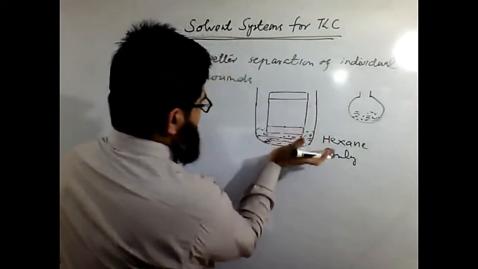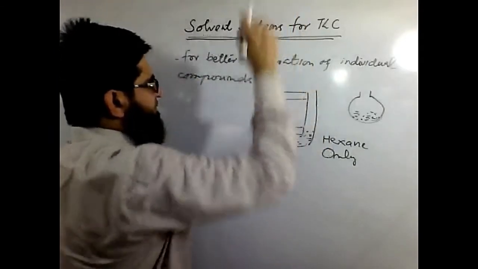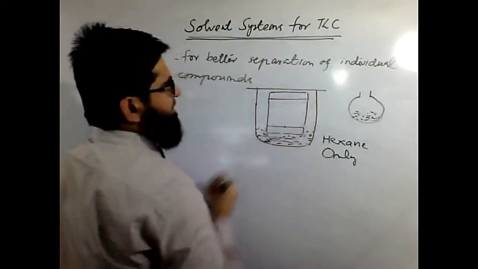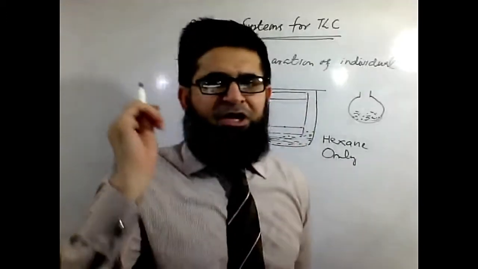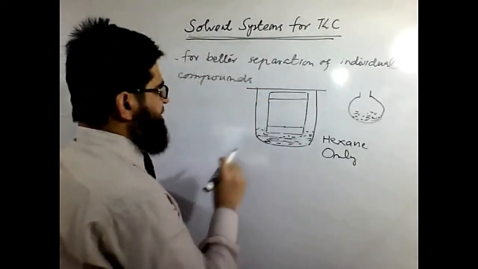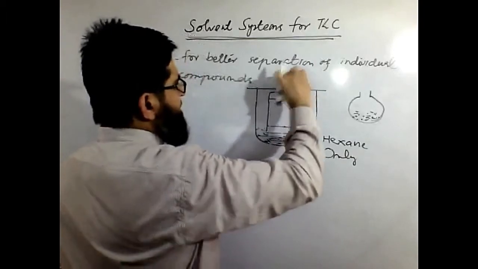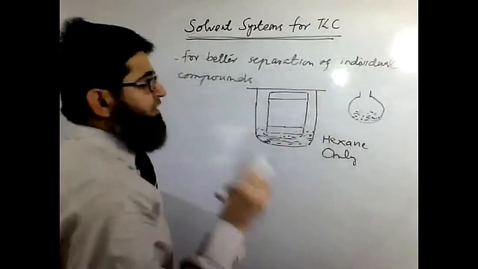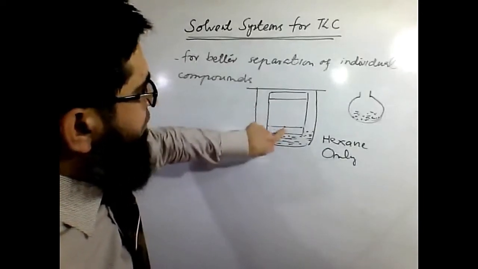After hexane moves through the TLC and reaches this upper lane, we take the TLC out. Before that, we need to cover it as well, so there should not be any influence or interaction of the air. So it moves through. When it reaches this lane, we take the cover away and take the TLC out, let it dry. Then we'll see where the spot is, where the molecule is.